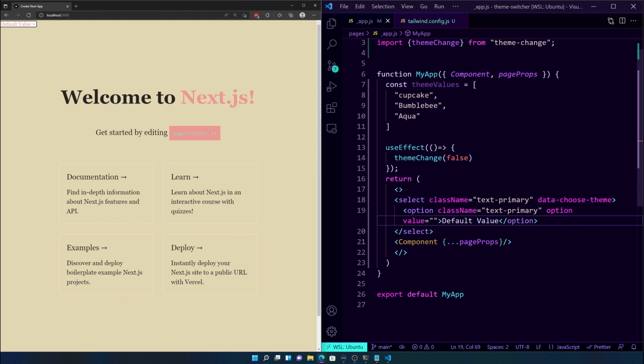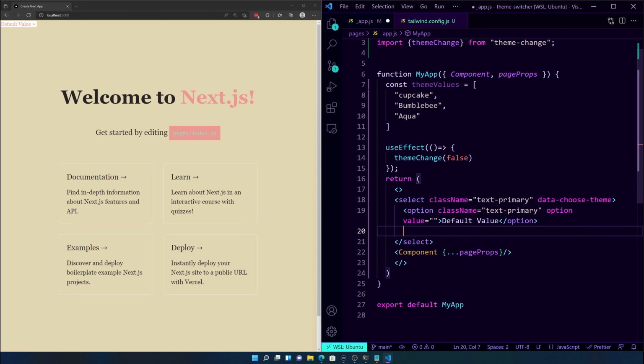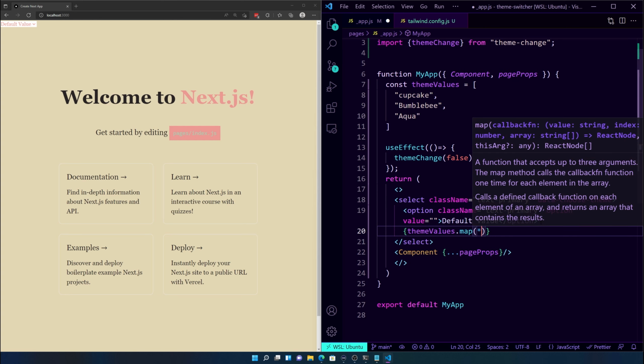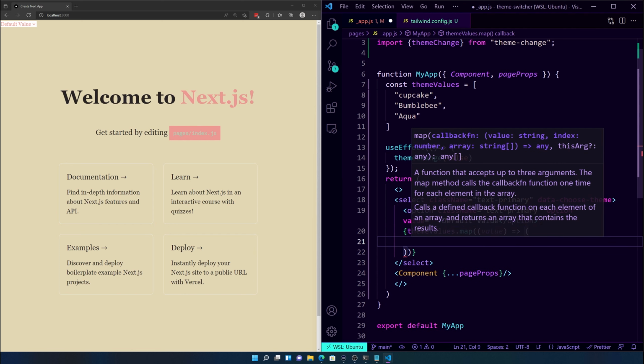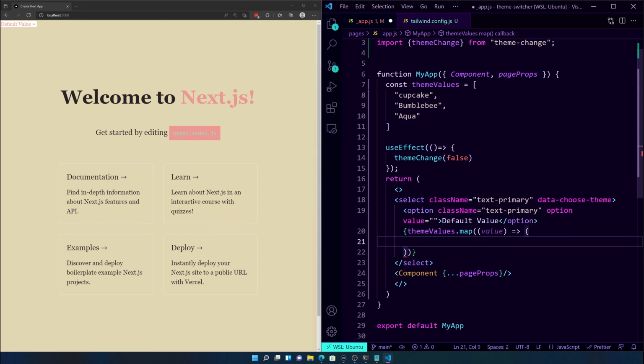Now we need to set our actual theme values. We can do themeValues.map so that we can map over all the options that we could have. And this could be a bunch of names for your CSS theme or your Chakra UI custom themes, whatever you want to use. But in our example, we can just use Daisy UI's theme names. So it'll be value. And then inside that value, we want to do a return, and inside of this return is where we're going to handle all of our different elements here.